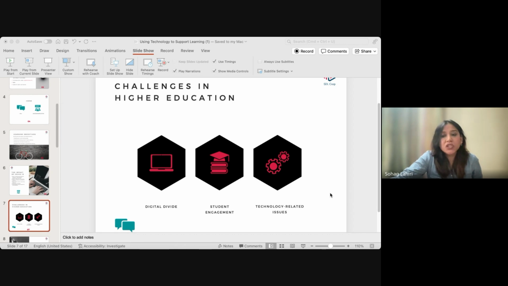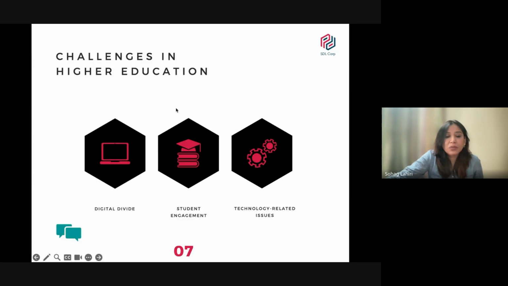So as someone pointed out, all three are factors, and also some are linked and related to each other. We will just do a quick discussion on how these are related, because in order to find a solution, we have to understand the problem at hand first. And to do that, let us quickly understand, when we are saying digital divide, we will of course come to student engagement, which seems to be the most important and significant challenge which everyone is facing. Now we're talking about digital divide. Digital divide is